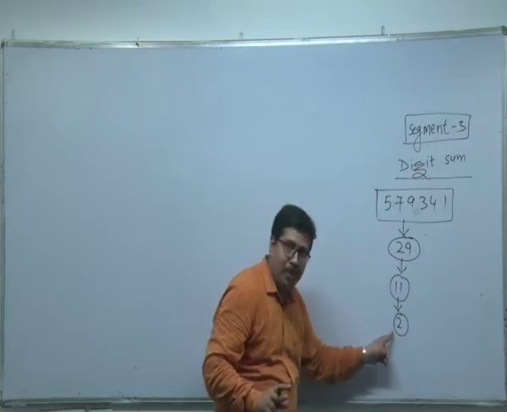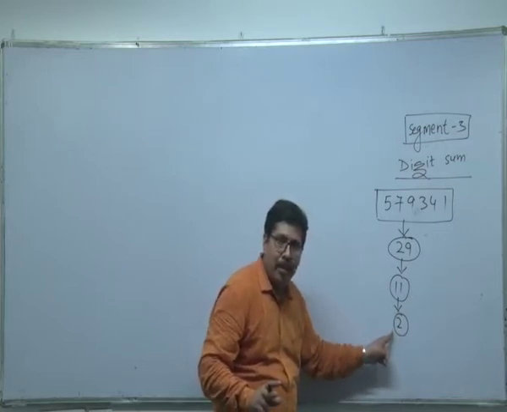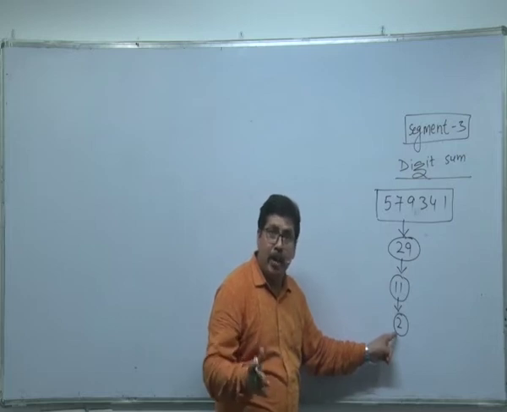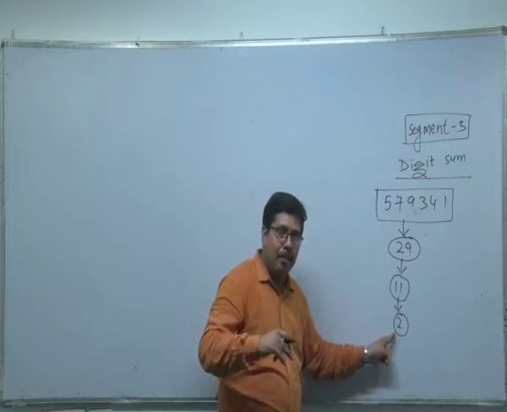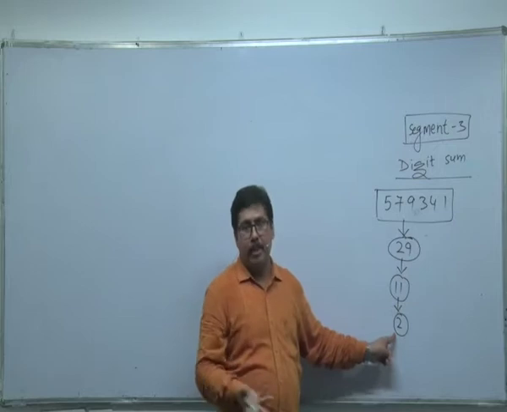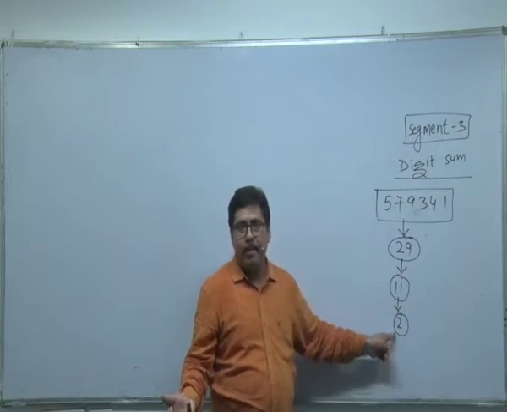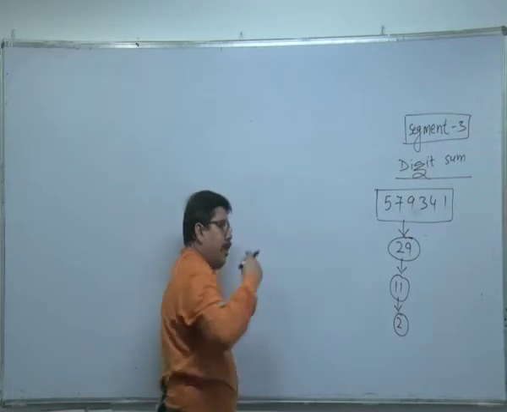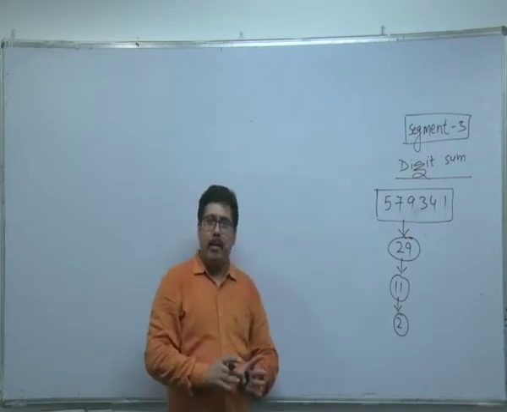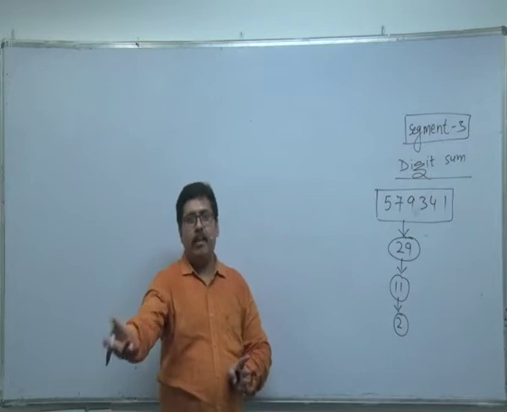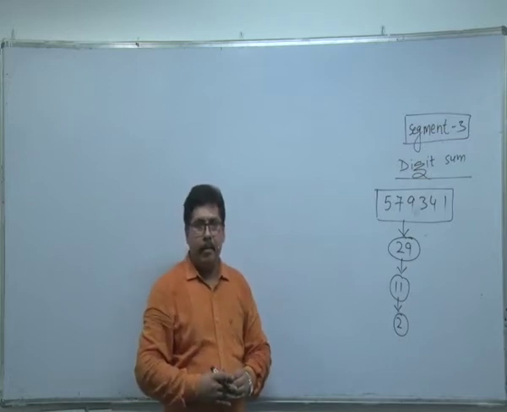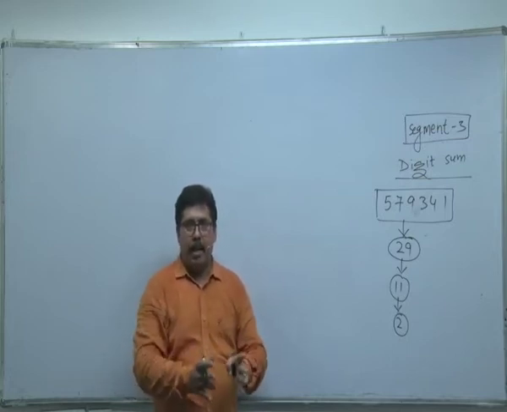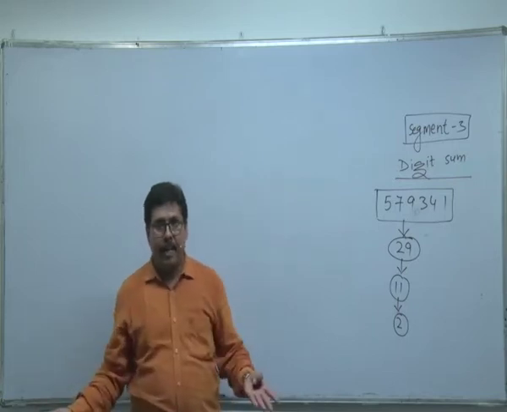Had it been 9, right now, 9 divided by 9 is 0. My final remainder is 0, means number is multiple of 9. Can I say all the numbers which are multiple of 9 will certainly end with 9? If the number is multiple of 9, then digit sum has to be multiple of 9.